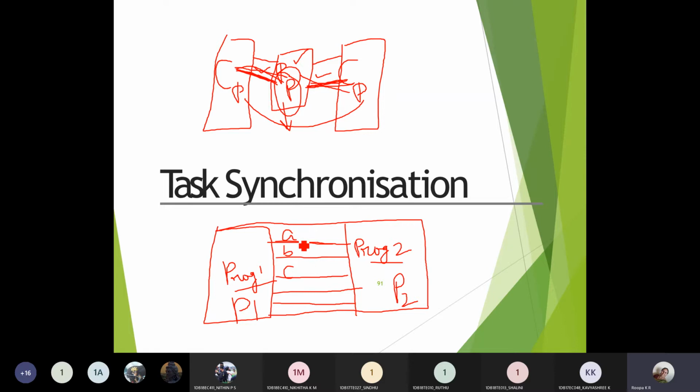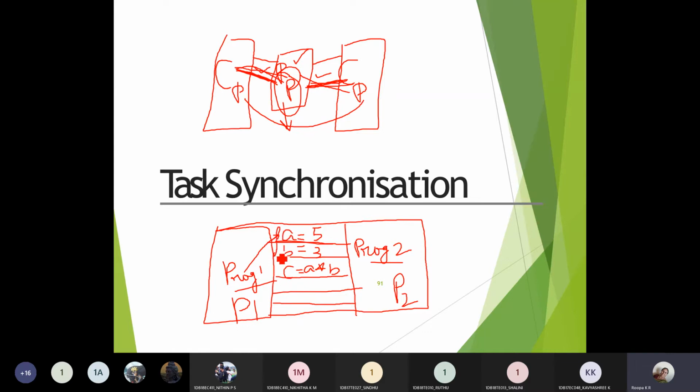Suppose program 1 is accessing A and I got the value as 5, some random value I'm taking. Then I'm accessing B and getting the value as 3. C depends on some operation. It can be multiplication of A and B, if you're considering that for C. So if program 1 is accessing 5 and 3, C will be equal to 5 into 3, 15. So C will be 15 according to program 1.